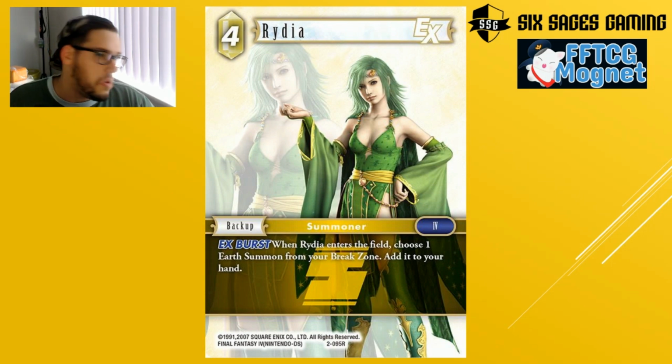So again, this is fine because we want to run a couple of these. We could just reuse summons. Why not? That's amazing for Golem. Titan 2 obviously gets some love out of this. It's an EX burst, so it can happen for free, and it's an S effect that we can use on Baby Rydia as well. Now, I really wish they would have switched around the artwork because I'm probably going to